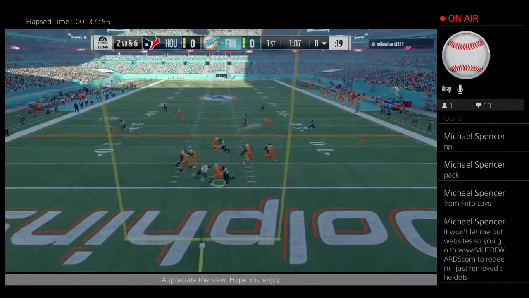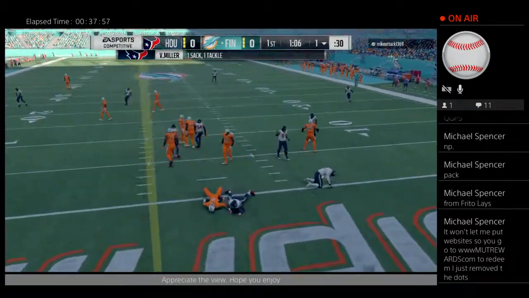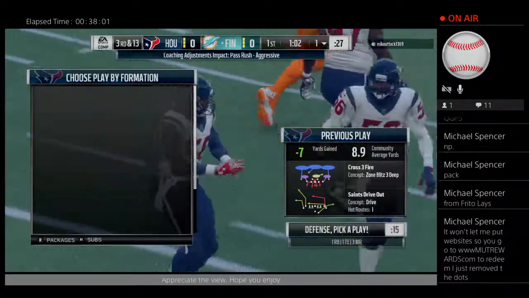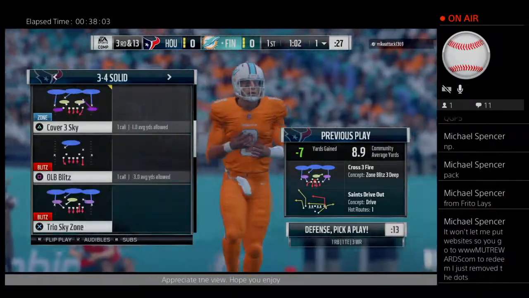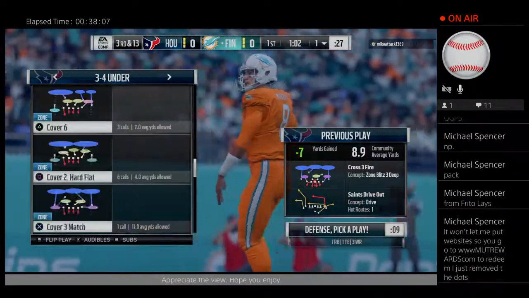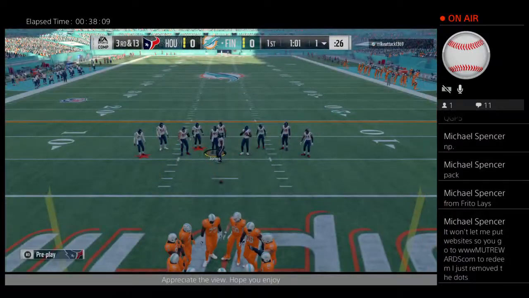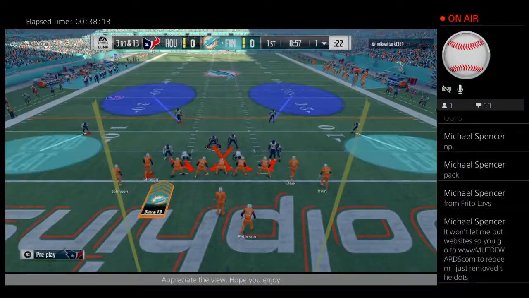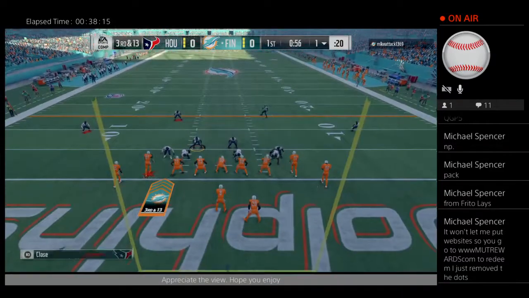From the gun, Mariota. Von Miller coming on the blitz. He gets him for a loss of 7. Now this is where field awareness comes into play. He's getting perilously close to his own goal line, and after that sack, backed up to his own 2. Facing the prospect of a punt from their own end zone, they need some cushion. Let's see what they can do on